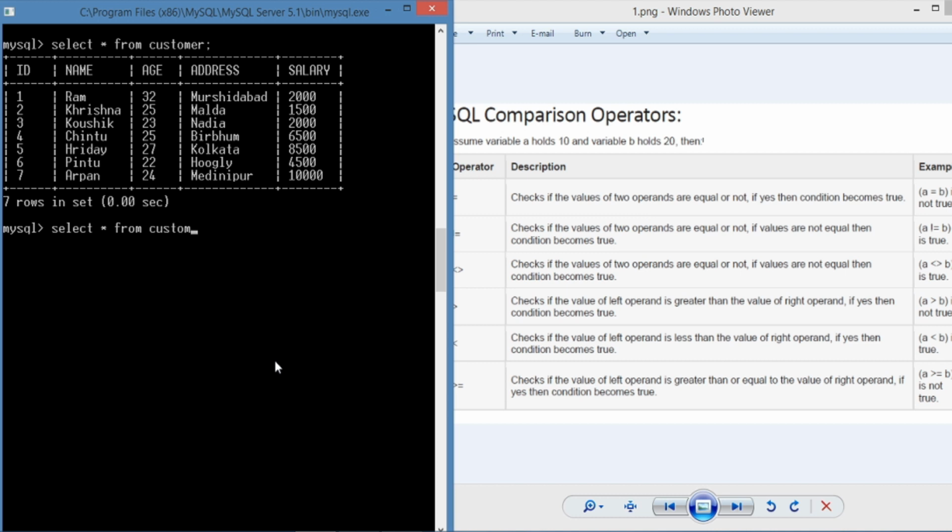Where is used for conditions. In SQL there are 3 clauses: select clause, from clause and where clause. Where is used for condition checking.